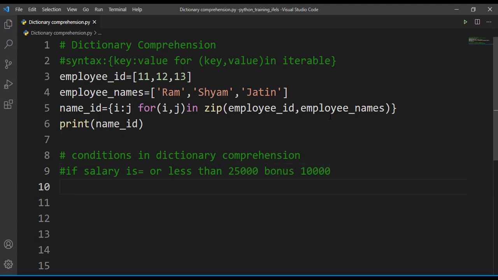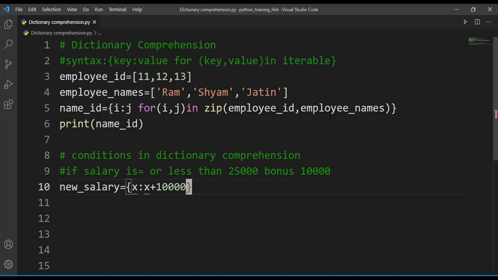So let's try to create a dictionary comprehension here which should display the old salary along with this new salary. How can we do that? For that, let's say new_salary is equal to x: x plus 10,000.